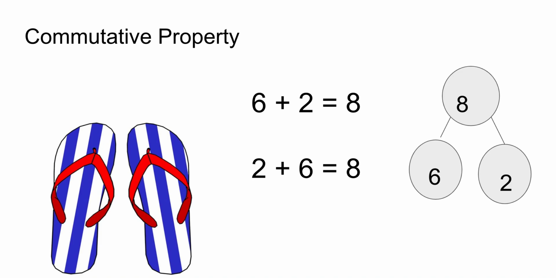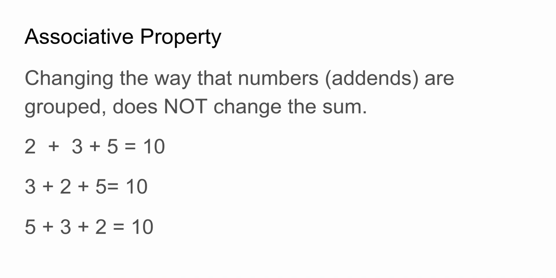Well, today when we're adding three addends, we're going to learn a new fancy word called the associative property. And this associative property is going to be very important when you start learning multiplication and division in 3rd, 4th and 5th grade. So, the associative property states that changing the way that numbers, addends, are grouped does not